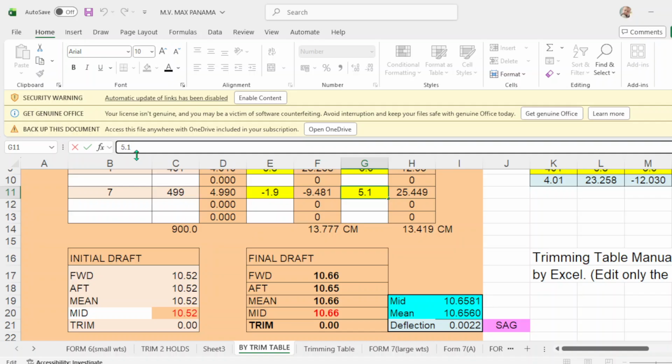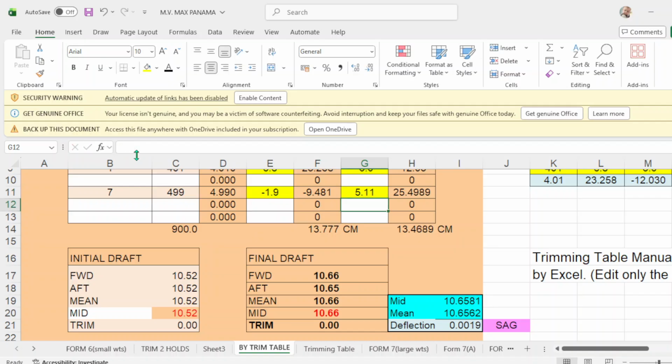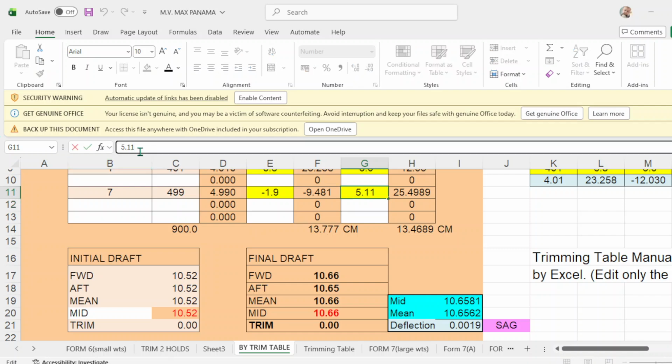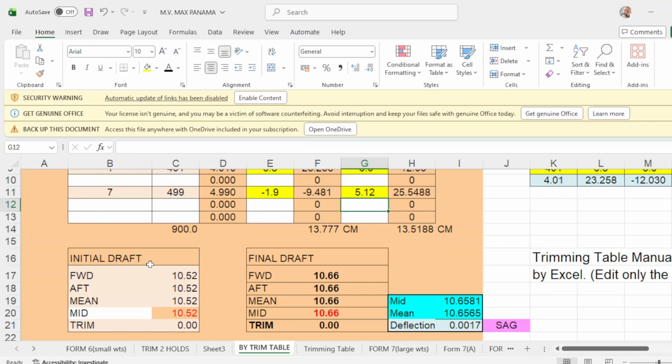We'll make it 11.65. We put this 12. Okay. Then you have even keel. Why did I adjust this one? Okay, I will explain to you why.